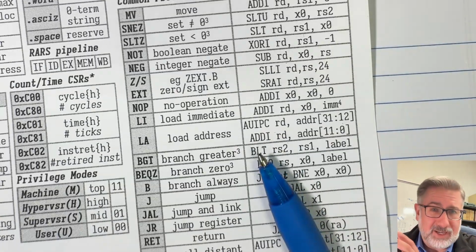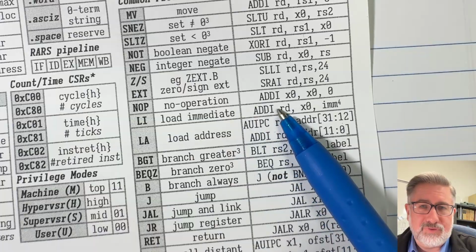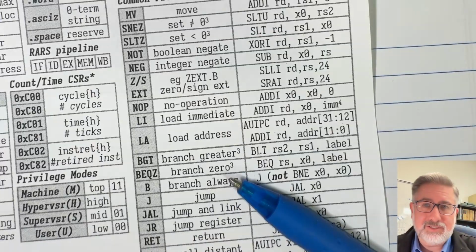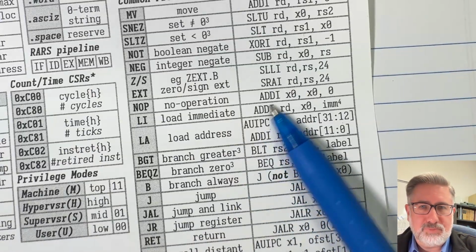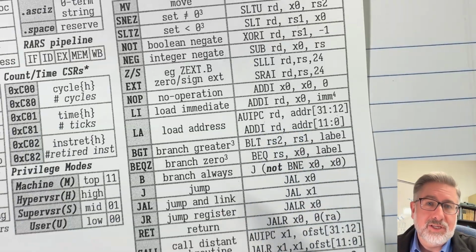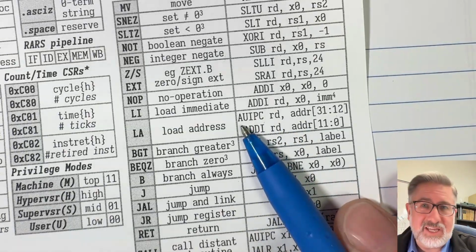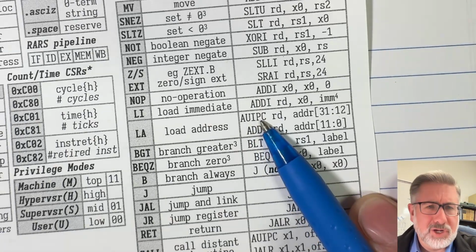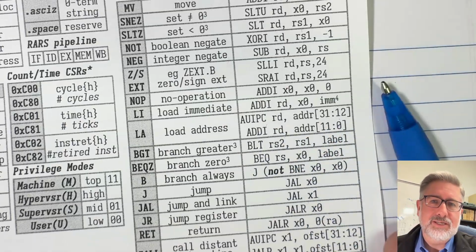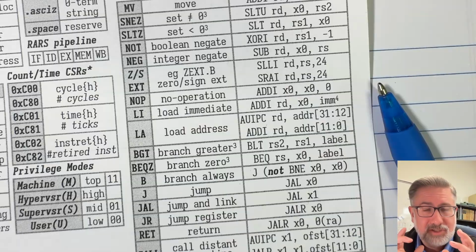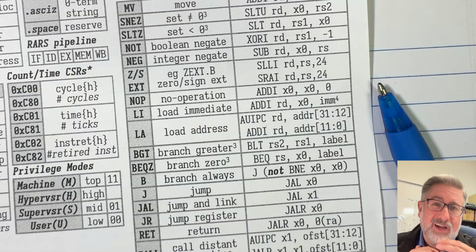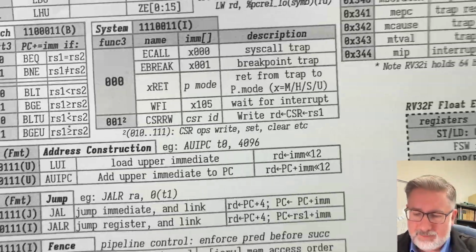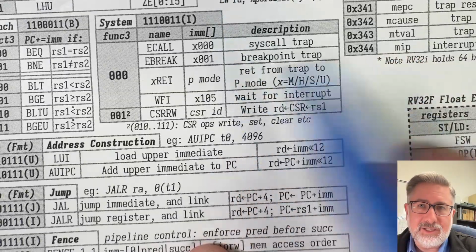There's a couple of ways to do it. You can just load a value, like in load immediate, you can load a value and then add to it. You can do that with load upper immediate and then add immediate. A small load immediate can just be done with add immediate, but a larger load immediate is done with load upper immediate. The question is, why are we using this AUIPC, add upper immediate PC, instead of add upper immediate or load upper immediate by itself? And the reason is that when you're constructing the addresses, doing them relative to the program counter allows the assembler to actually construct that in a more reliable way. And so that's why this stuff here, AUIPC